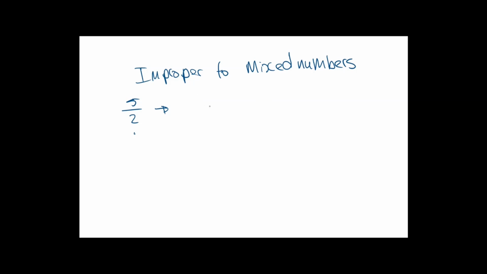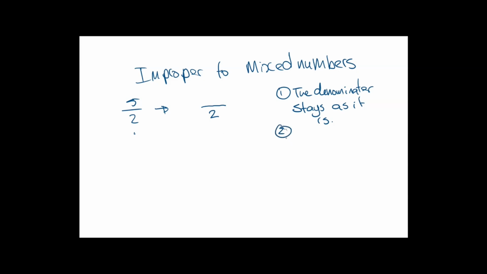Right. We will draw a line. The 2 is going to stay as it is. So let's do a little algorithm. The denominator stays as it is. Okay. Second step